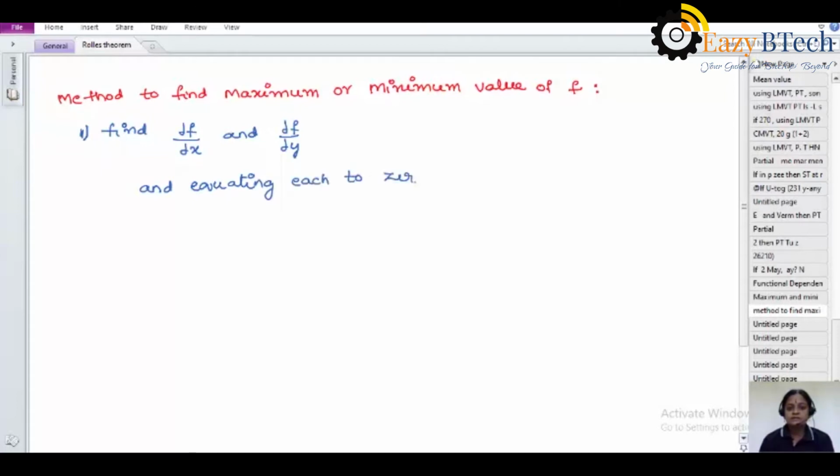That means dou f by dou x is equal to 0 and dou f by dou y is equal to 0, and solve these equations